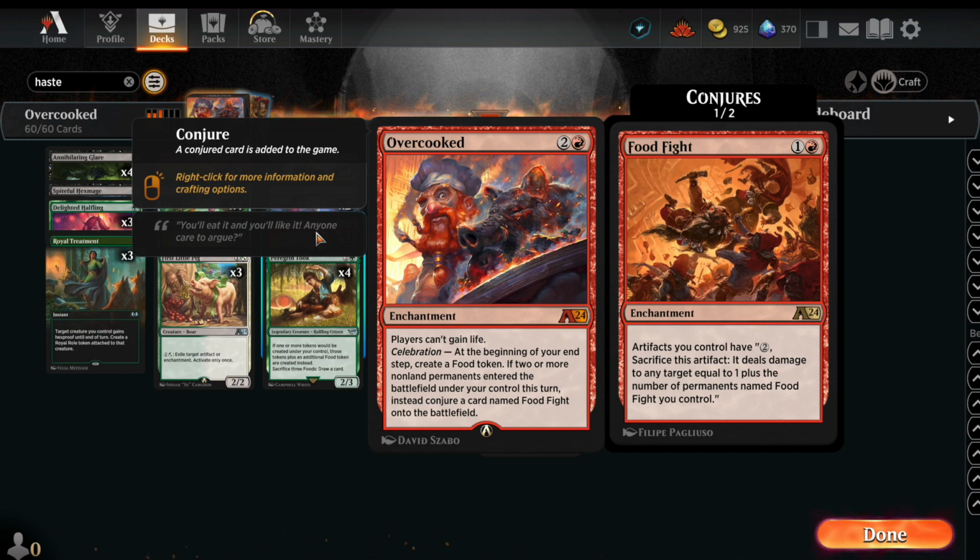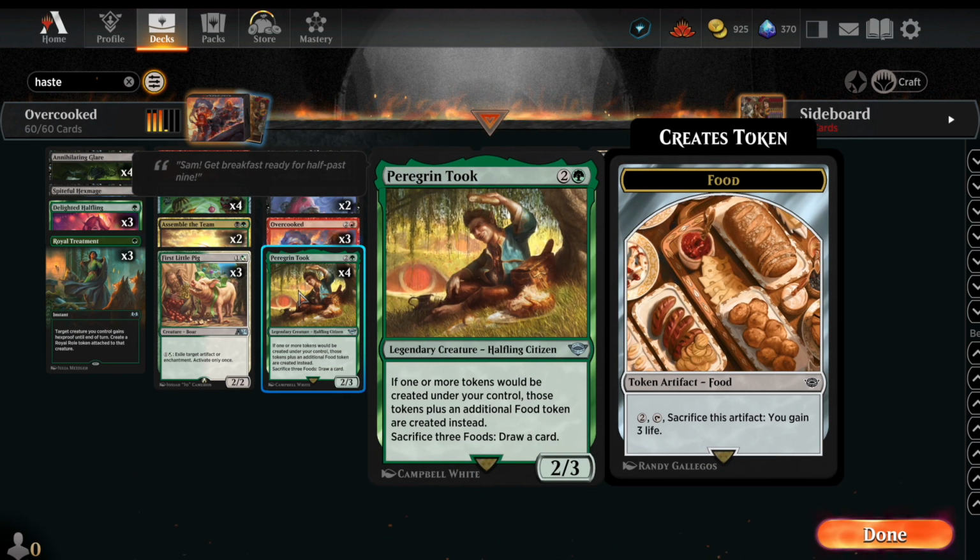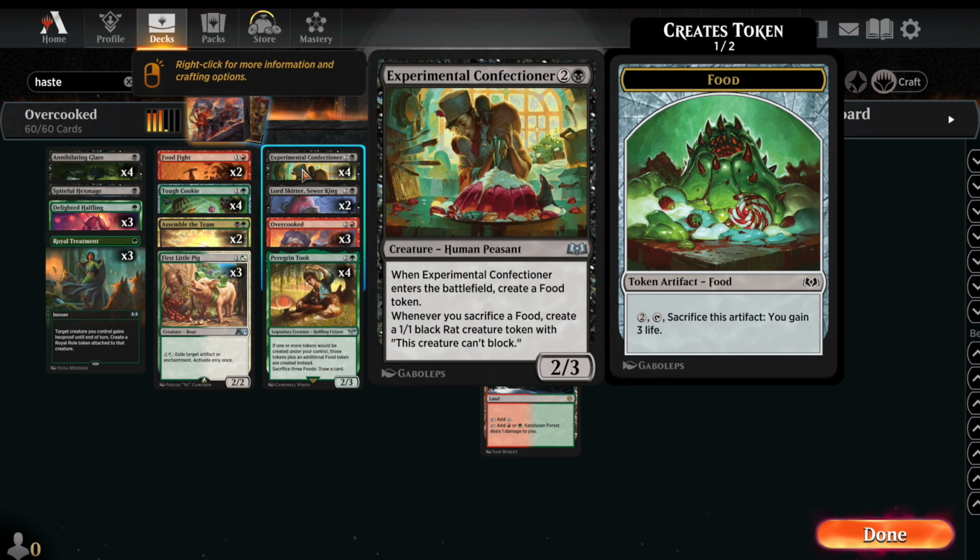So when I saw that card, I thought if it would work in the framework of the Foods combo deck with Peregrin Took and Experimental Confectioner. The idea being that